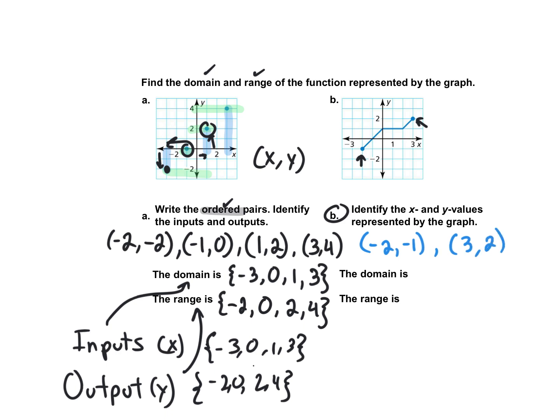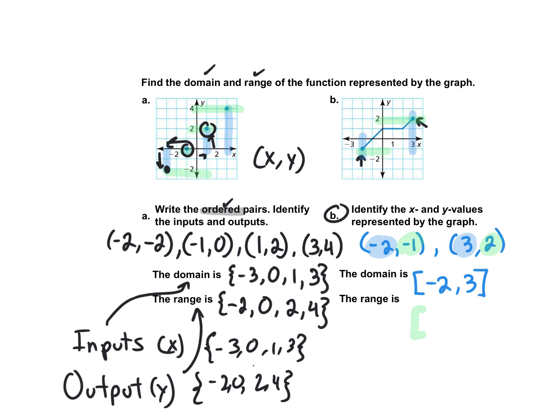So for the domain, remember is the x value of those points. We can actually, since we wrote it from left to right, just see the x values are those 2. And since it's a line, we can do a bracket, -2, 3, and be done with the domain. And for the range, again, is the y's of each of those points. So if you don't have a graph and you know those are the 2 furthest points up and down, which is the same case right here, we would put,